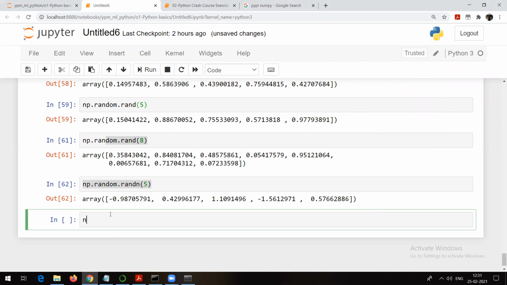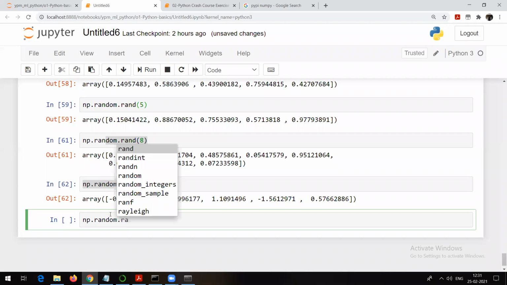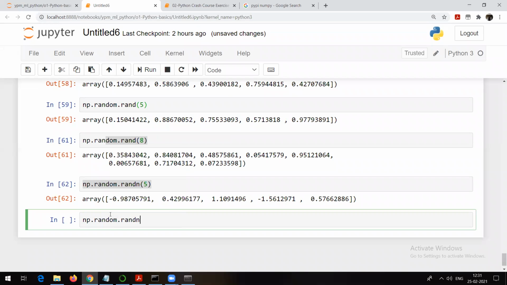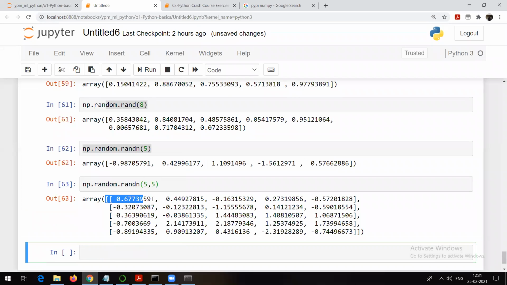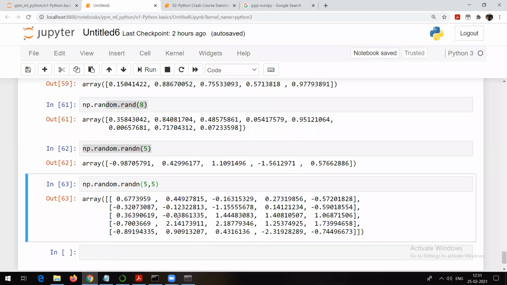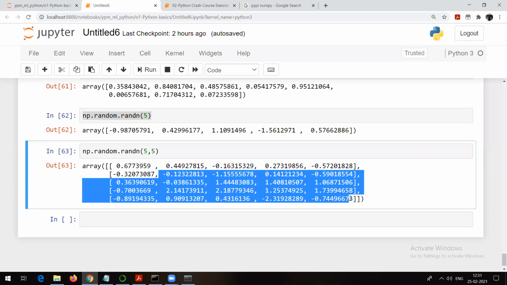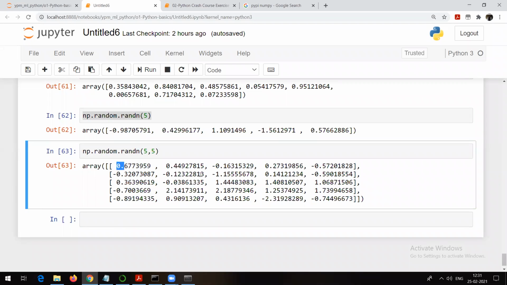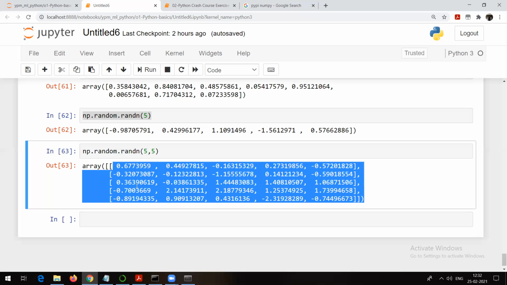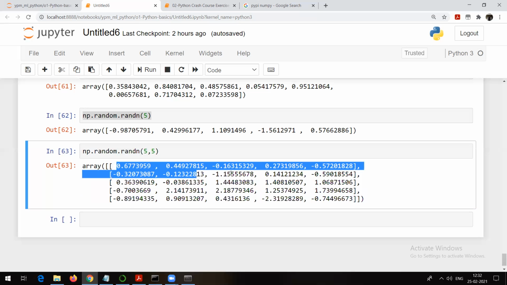Okay. If you want to generate a two-dimensional array, yes, you can. np.random.randn, let's suppose 5, and run. Now see, you can check. I got two-dimensional arrays of random numbers which are from normal distribution. It means some positive values and some negative values. Right? You can check. Not compulsorily between -1 and 1. Some positive and some negative. It depends on that normal distribution. This is called a standard normal distribution. So if you try to plot a graph for this kind of data, you will get a symmetrical curve.